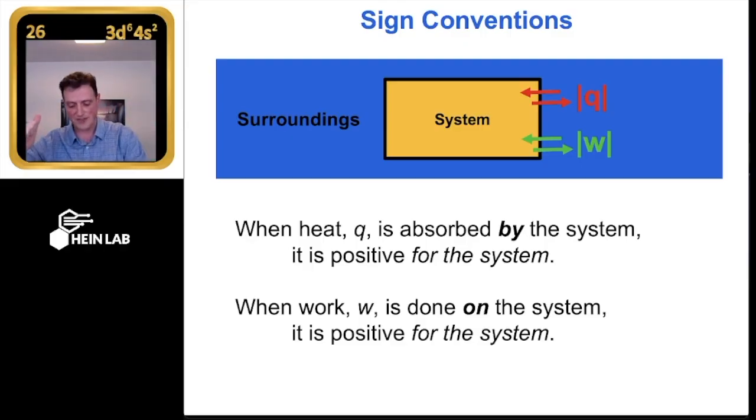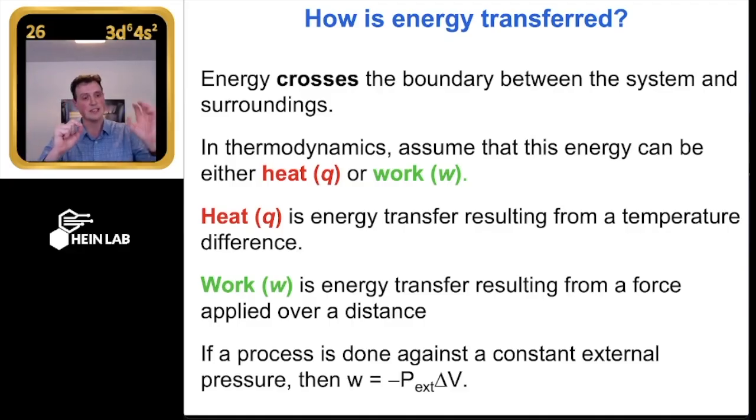If W is a positive value, based on what we said here, the only way W will be a positive value given a constant external pressure is if delta V is negative. The volume started big, it is compressed, it is now small. Delta V, looking at the system, it was big, it's now small. Final is smaller than initial, right? Okay, that makes sense. I was just thinking in terms of change in general, not negative or positive. Right, magnitude is a different part. Magnitude totally depends on what values we're talking about, but sign is just a function of where the energy starts and where it's going, right?